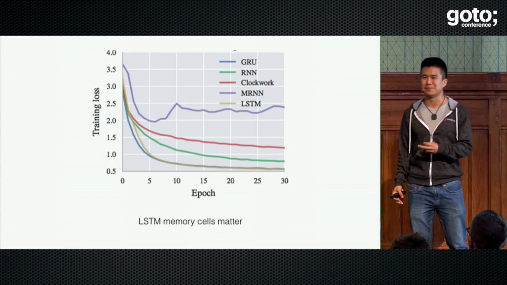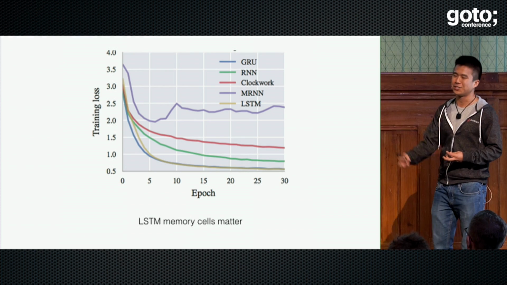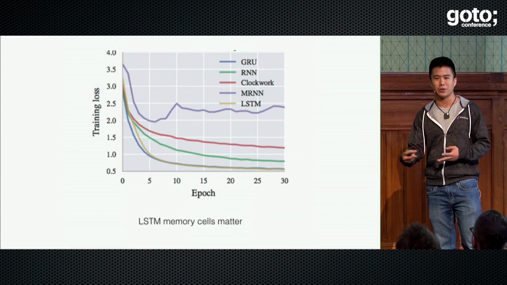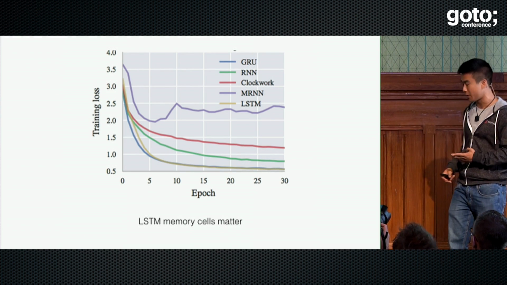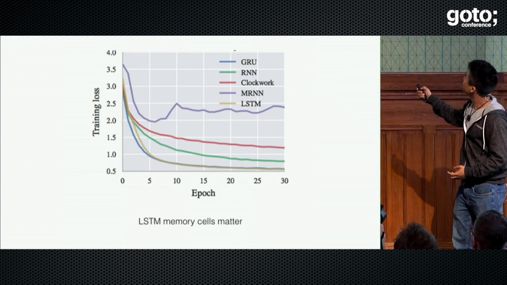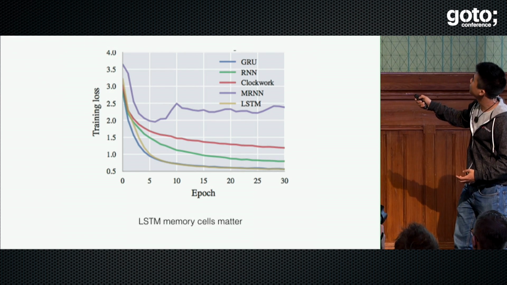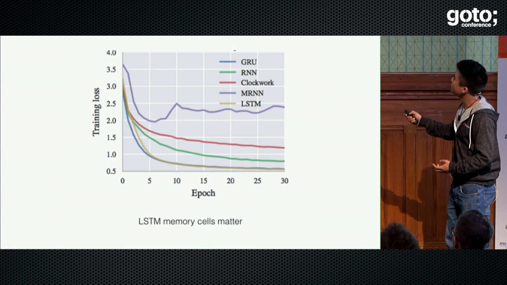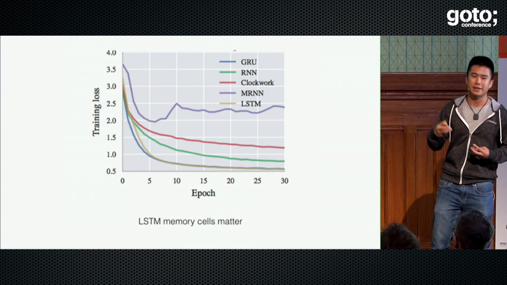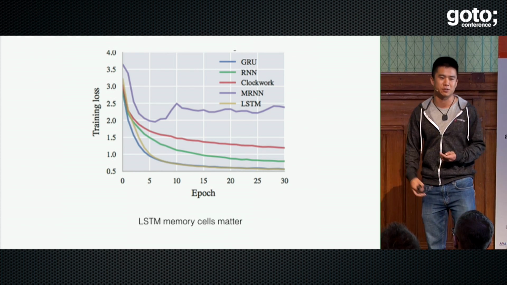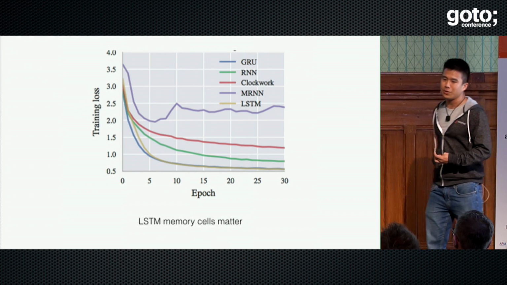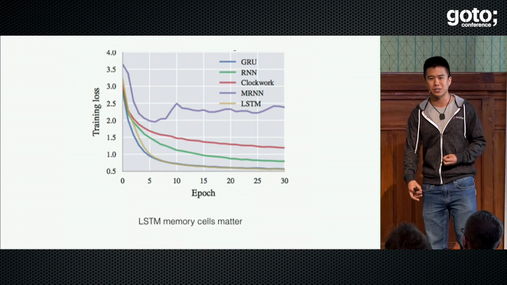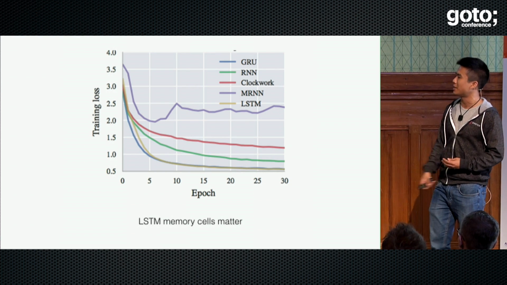Finally, LSTMs. They're pretty complicated. The reason why I introduced them is because they're actually so critical for your performance. The basic element-type recurrent neural network, where it just reuses the standard recurrent neural network architecture for the memory cell, is shown here as this green curve right here, which actually doesn't do too badly. But by using a long short-term memory, you get this yellow curve, which is at the very bottom. It's doing the best out of all the architectures we looked at in terms of memory cells. Gated recurrent units are a simpler generalization of LSTMs. They haven't been used as much, and so there's less literature about them. But on this task, they also appear to be doing quite well.